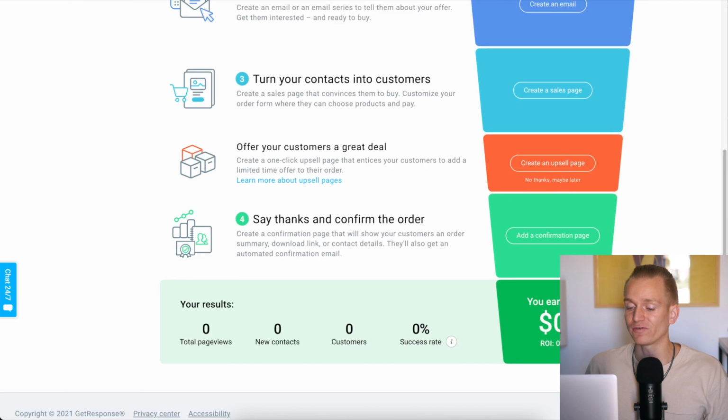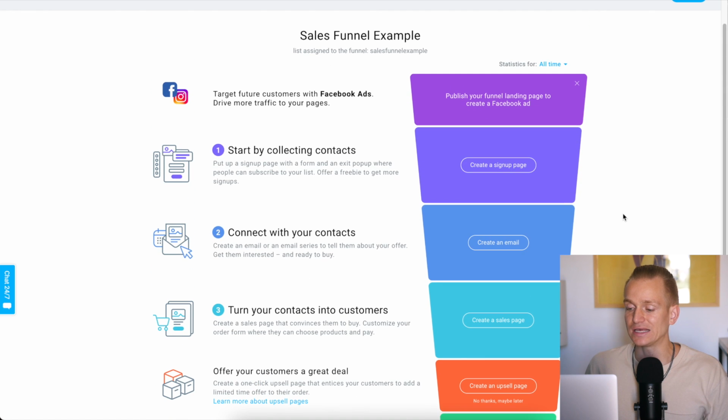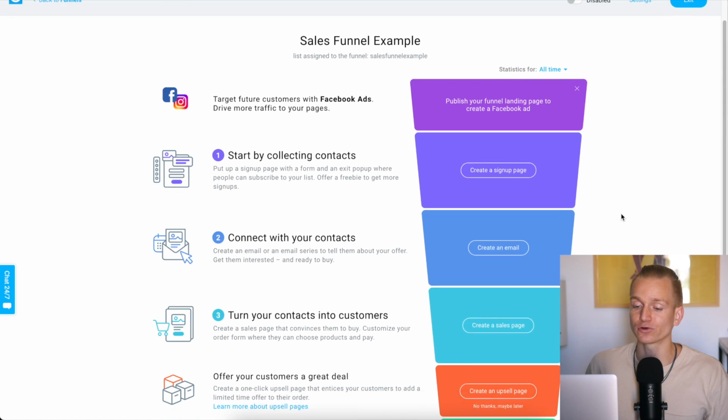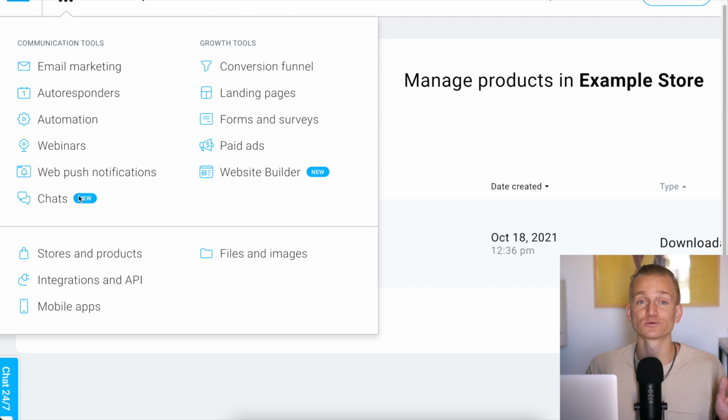So it's very cool. Again, it depends on your own needs, but this makes it very easy to understand how your sales funnels are performing and just have everything in one place and very easily build everything out. Aside from that, also with GetResponse, you get some additional features that you might not see, for example, with MailerLite or other email marketing softwares. So you also get webinars. So if you're going to run webinars, that might be important for you. You also can set up push notifications with the same software, which can be very useful.